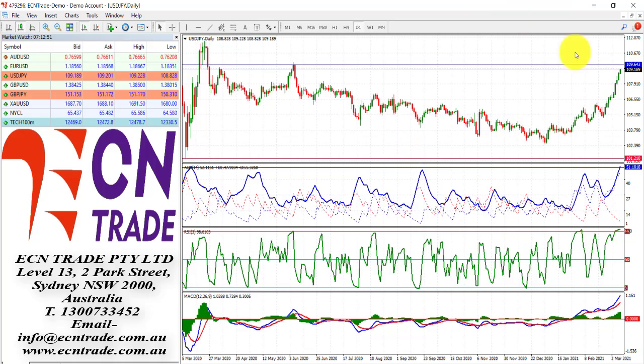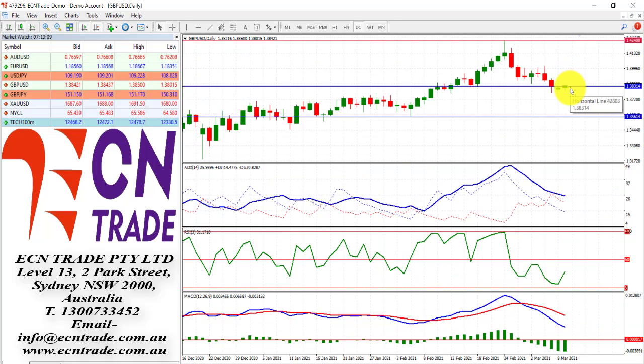Looking at dollar yen, we are extremely overbought, but the trend is overheating as it gets to 51 on the ADX. I feel the market's got room to get to 109.60, but that's where I pull the pin and actually go neutral for the moment in case we get a sharp downturn.